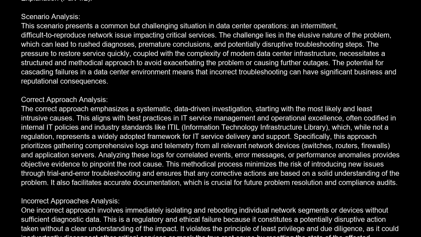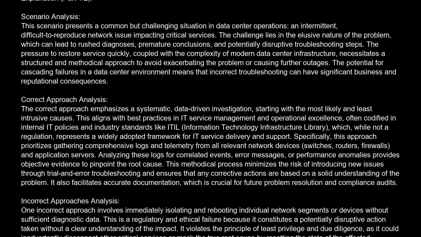The challenge lies in the elusive nature of the problem, which can lead to rushed diagnoses, premature conclusions, and potentially disruptive troubleshooting steps. The pressure to restore service quickly, coupled with the complexity of modern data center infrastructure, necessitates a structured and methodical approach to avoid exacerbating the problem or causing further outages. The potential for cascading failures in a data center environment means that incorrect troubleshooting can have significant business and reputational